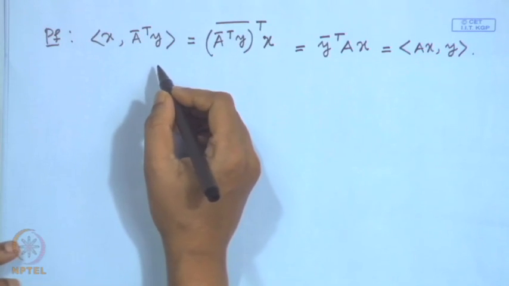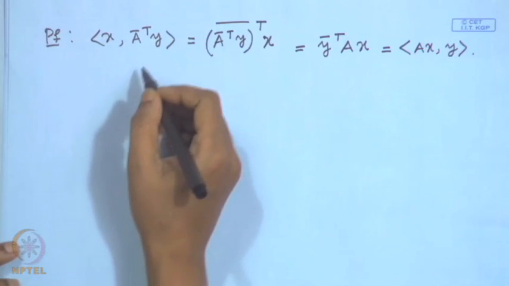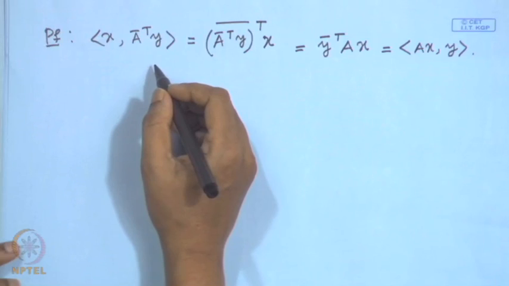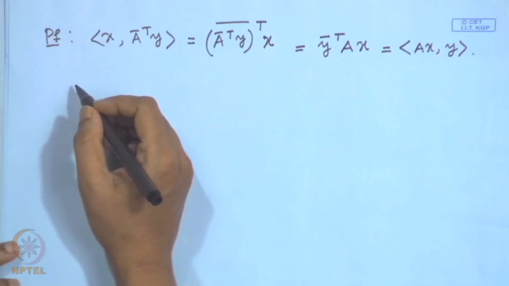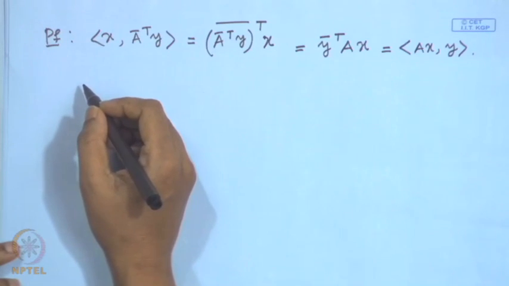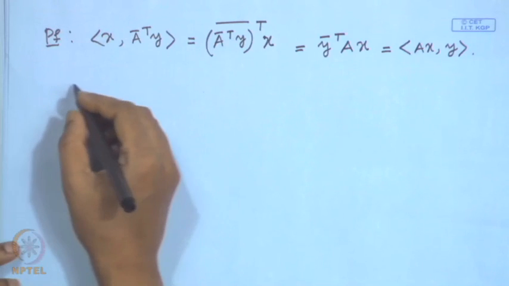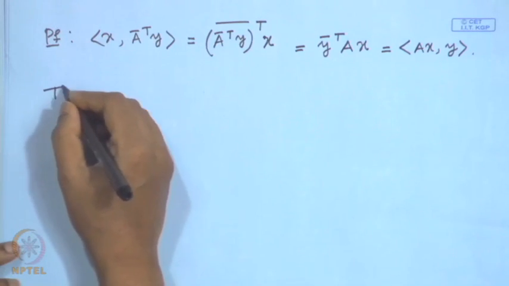So, using this property, we shall study the nature of the spectrum of Hermitian matrices, and that is given in